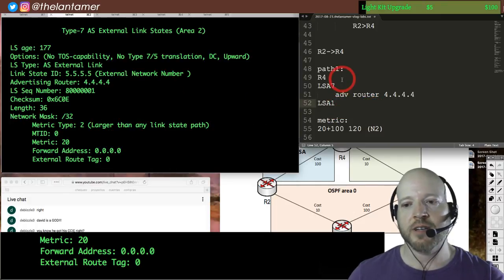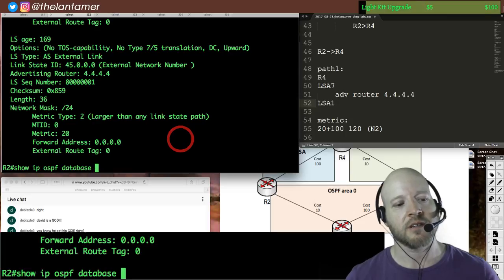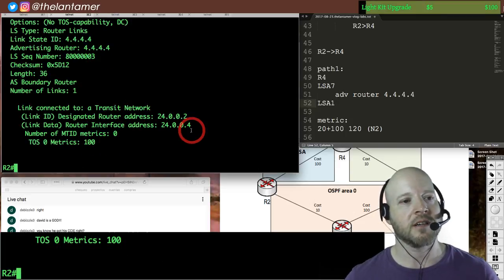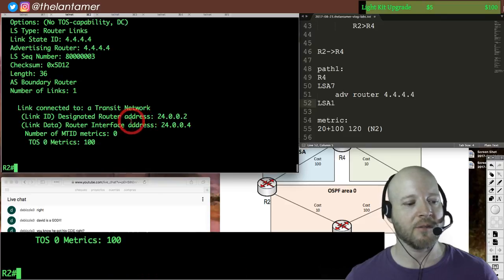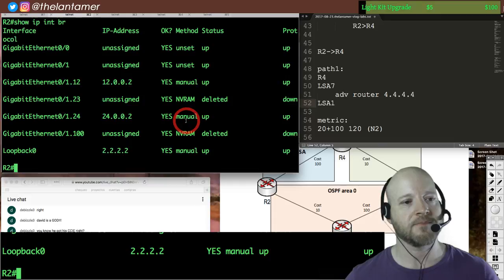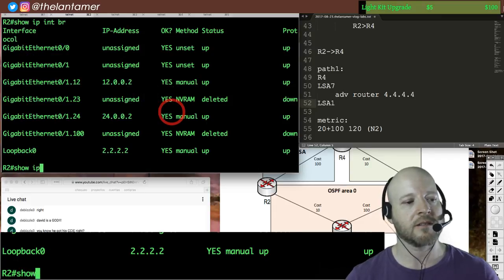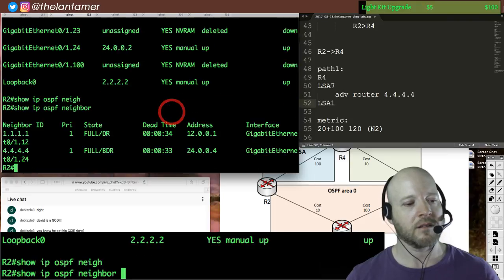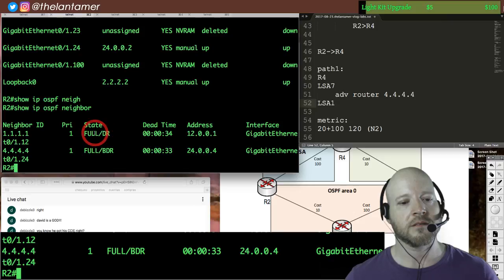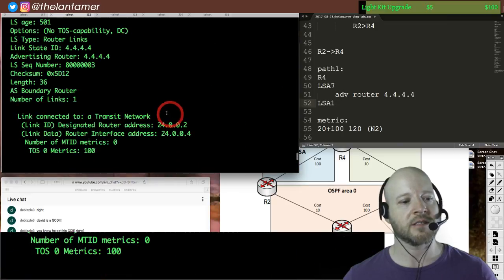So yeah, this should be simple, right? We got LSA Type 7 advertising router. Then I should query my database and say, show IP OSPF database router 4.4.4.4, and I could see here that he has a link to a transit network. I don't know this topology that well, but I already pretty much know that this is me. Show IP interface brief. I'd still do a network query because there's probably a designated router on this link. There is. There's a backup designated router too. I'm the designated router. So I consult the two, but I basically conclude that